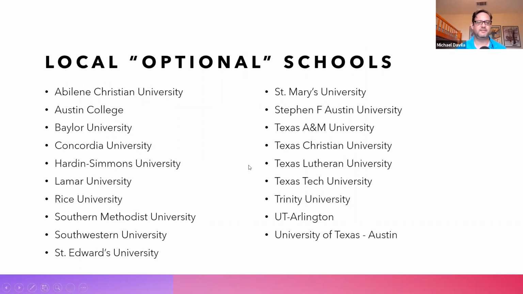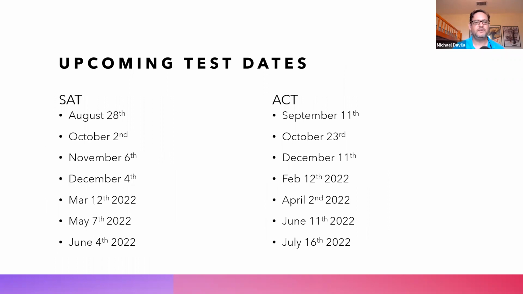Today I went through the optional list and I was trying to find colleges that were notable and likely to be applied to from our client base. And I couldn't find any in Texas that were actually mandatory to submit test scores for this cycle, which is kind of a nice situation. So when are these tests